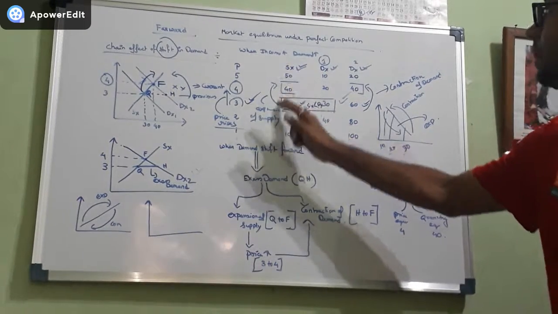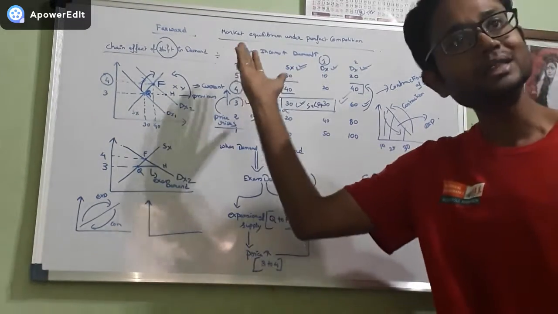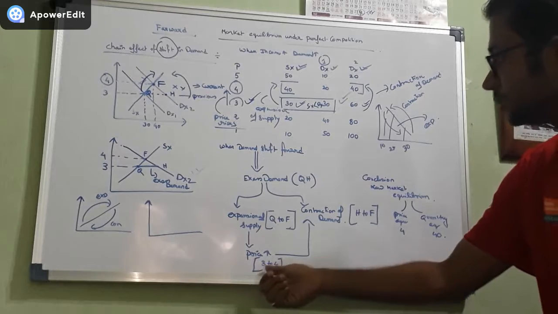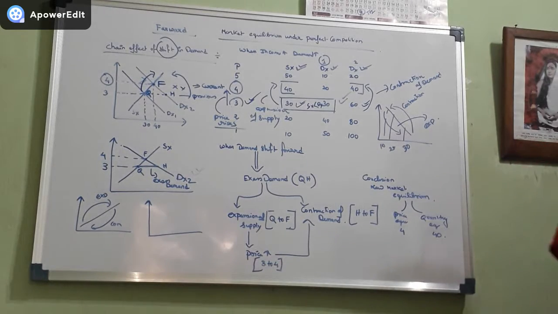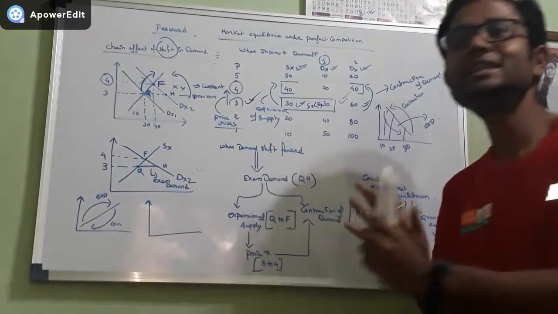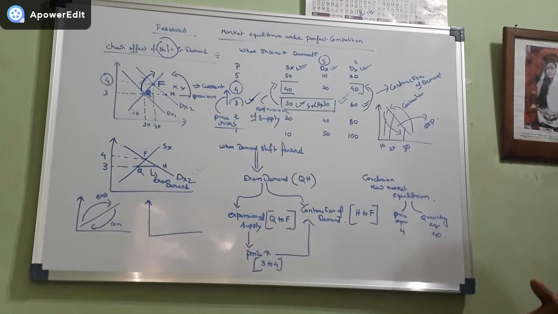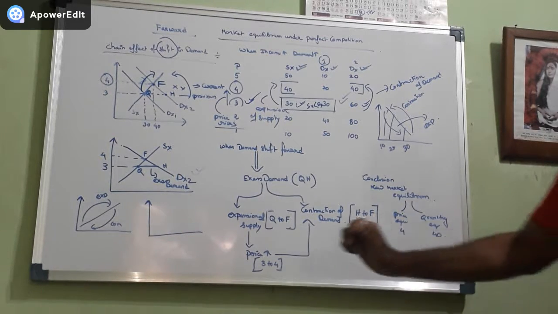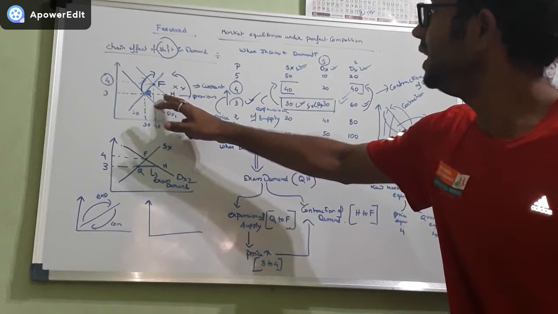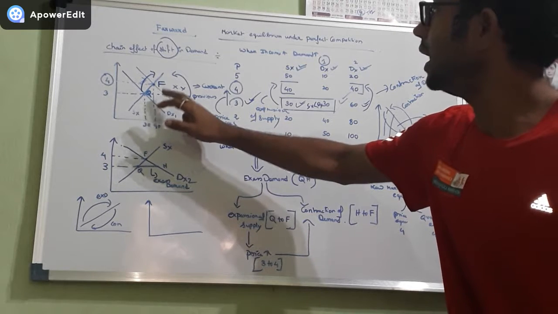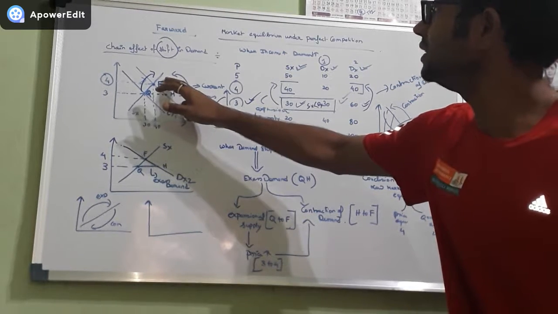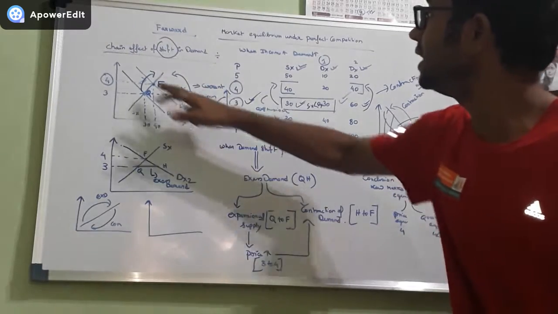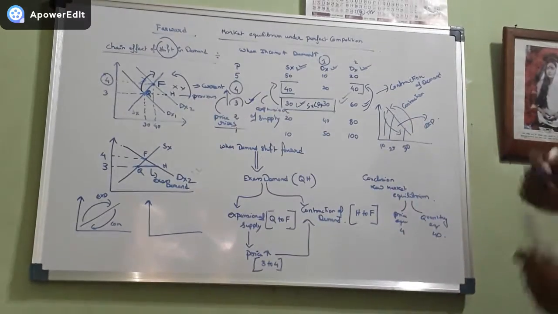When the supply expands, what happens? Price increases. The price has increased from 3 to 4. If the price has increased, then there will be a contraction in demand. It means, see, initially the equilibrium was H. Now it has become F. So this is Dx2, or if you go by this line,